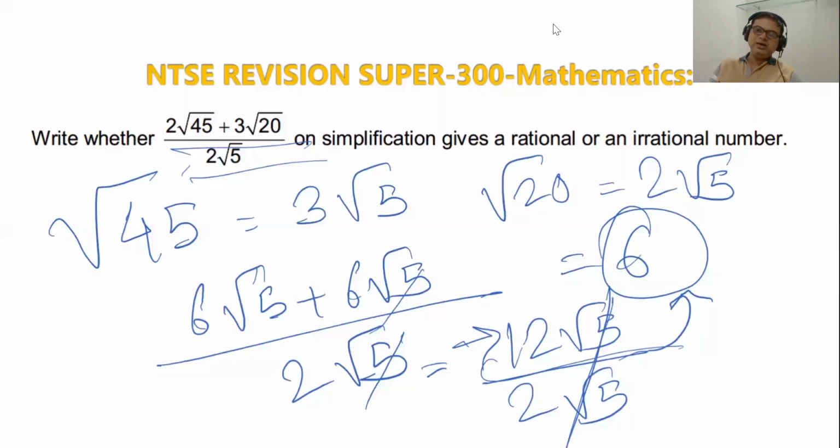6 is a rational number. We all know this, sir. ठीक है, अब रेशनल नंबर की डेफिनेशन मत पूछना यार। ठीक है, मैं नहीं बताने वाला।